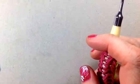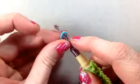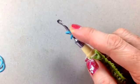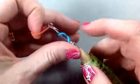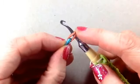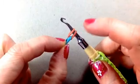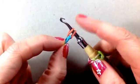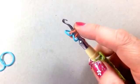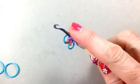So I'm going to start with my turquoise, and then I'm going to do turquoise, caramel, purple all the way up. So I actually think of caramel as being the first one because the cap band's not actually involved in the first sequence. So my sequence, as I think of it, is going to be caramel, purple, turquoise. So it'll be caramel, purple, turquoise